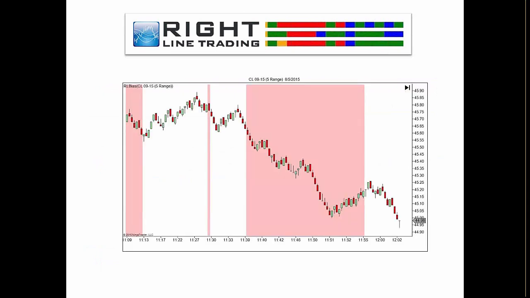Now, the multi-time frame analysis of trend is extremely important. And what this pink background bias means